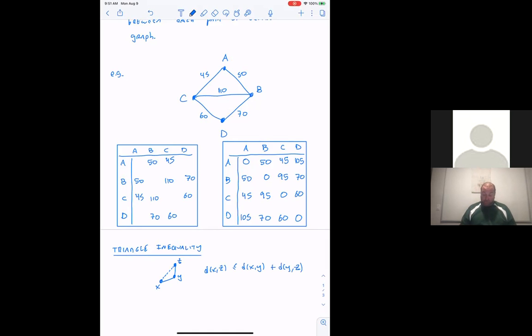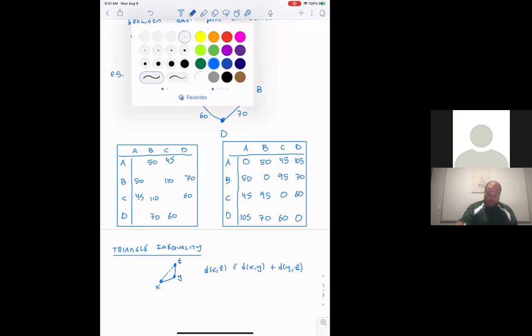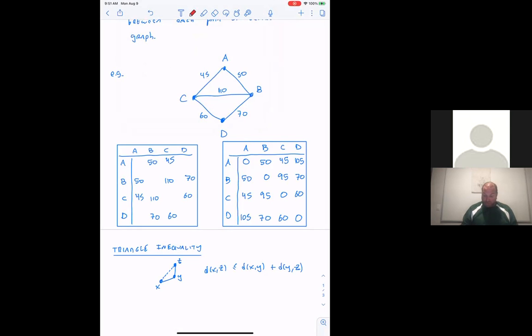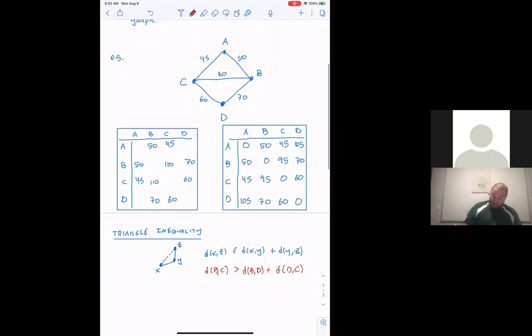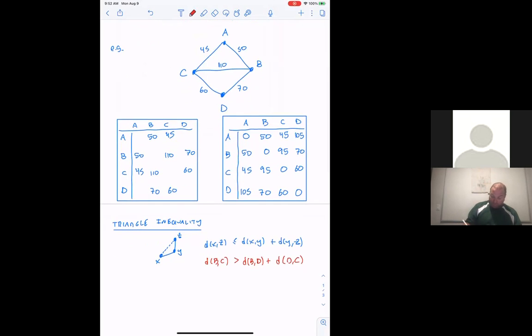Now, how does that relate to graphs? Well, we can see here in this particular graph, for example, that the distance from B to C, which is 110, is greater than the distance from B to D plus the distance from D to C. So this original graph fails the triangle inequality. It does not satisfy the triangle inequality. Whereas the table of least weights, if I put in numbers here for the original,